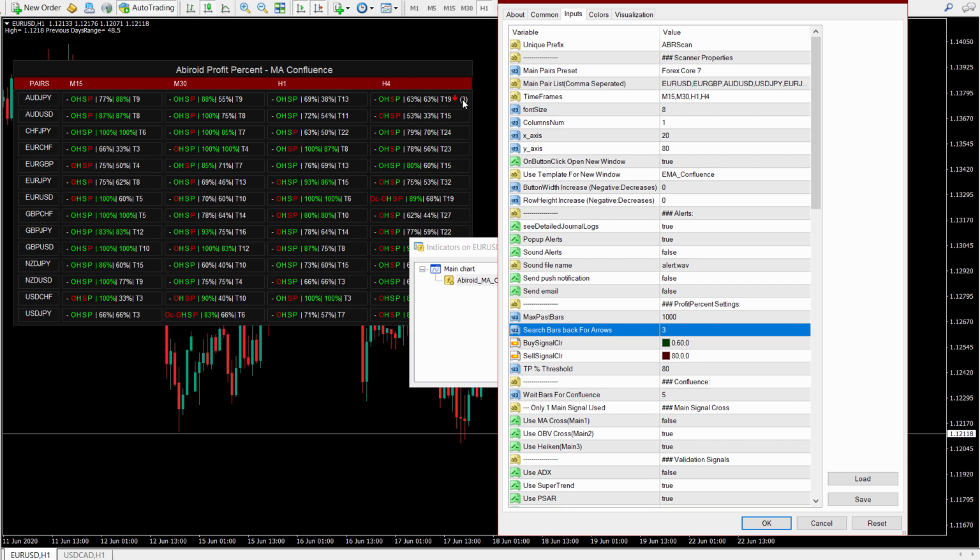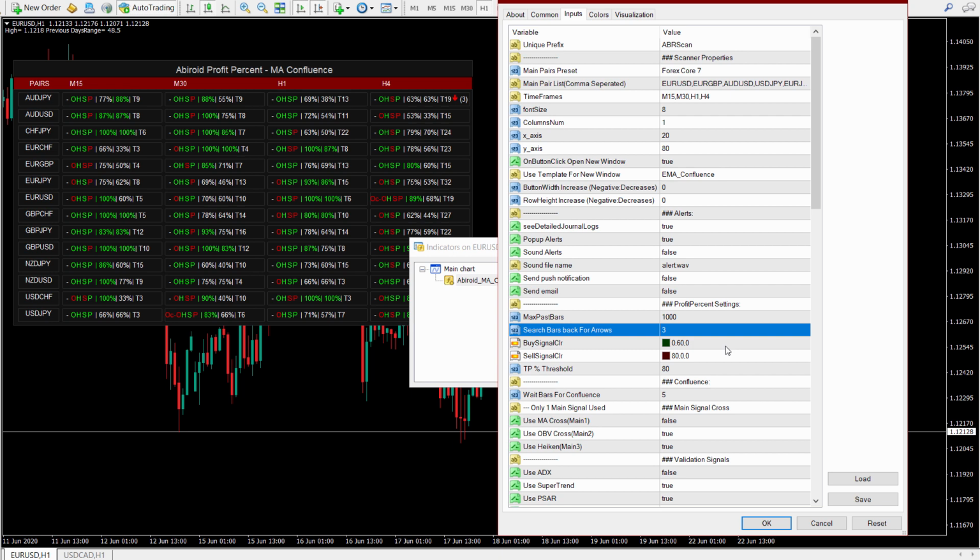So if 3 bars back you have an arrow up or down, a buy or a sell signal, then it will show it to you like 1 bar back, 2 bars back, or 3 bars back. You can have this to 5 or whatever value you like, but usually when a signal occurs, it's best to trade within 1 or 2 bars.